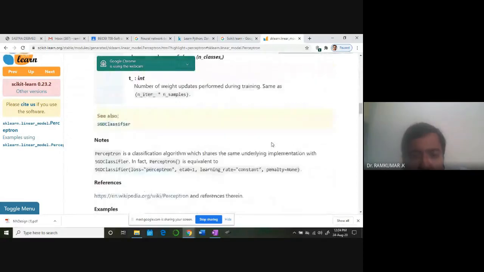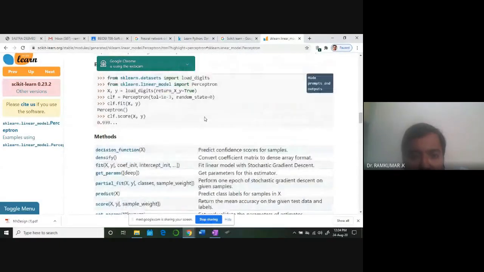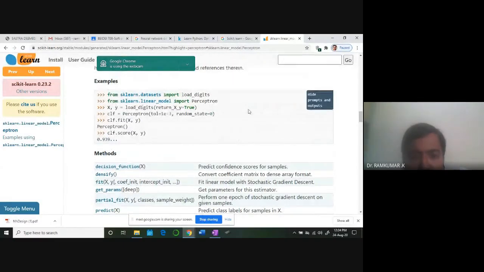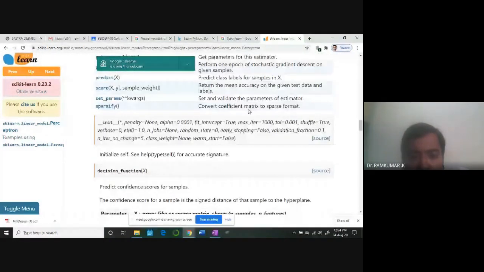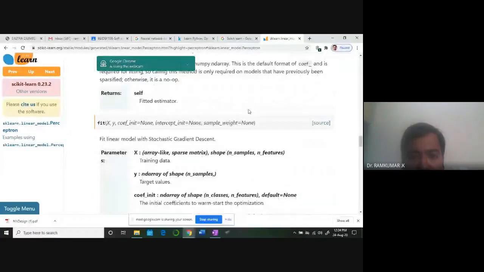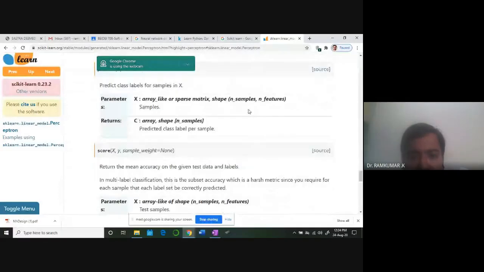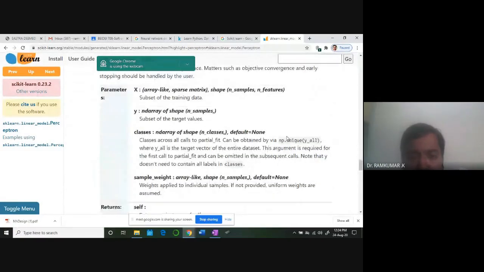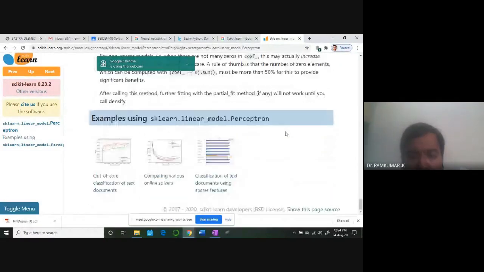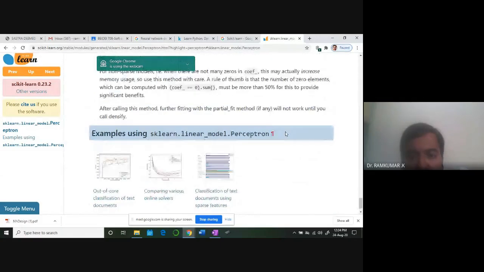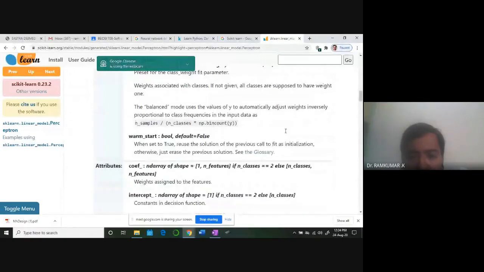They also give code which you can directly upload to Google Colab and run. Look at the code examples given here. They give it for some data set, and you can use that data set, or otherwise apply your own data set and study the responses. These are all NumPy arrays, ndarrays. You should know how to use them. It will not be very difficult, I'm telling you. You start working on it, you will easily learn and catch up, and you will start getting some immediate results. So that's the idea.